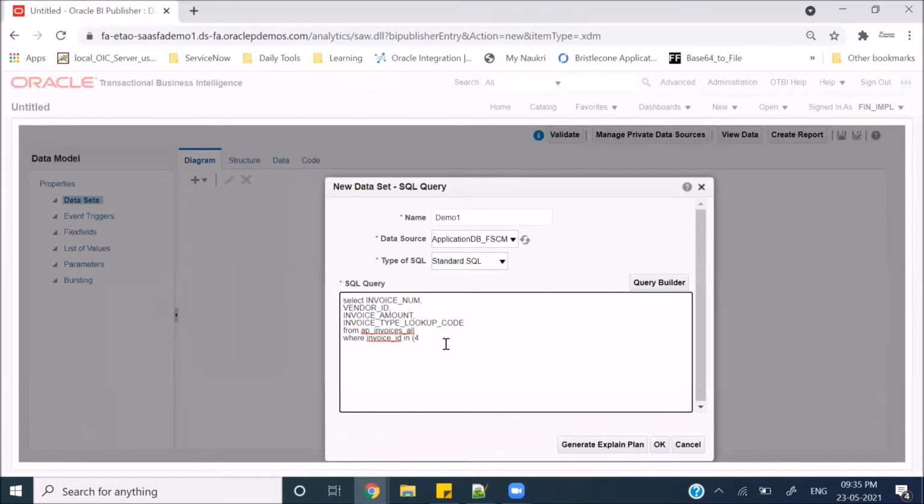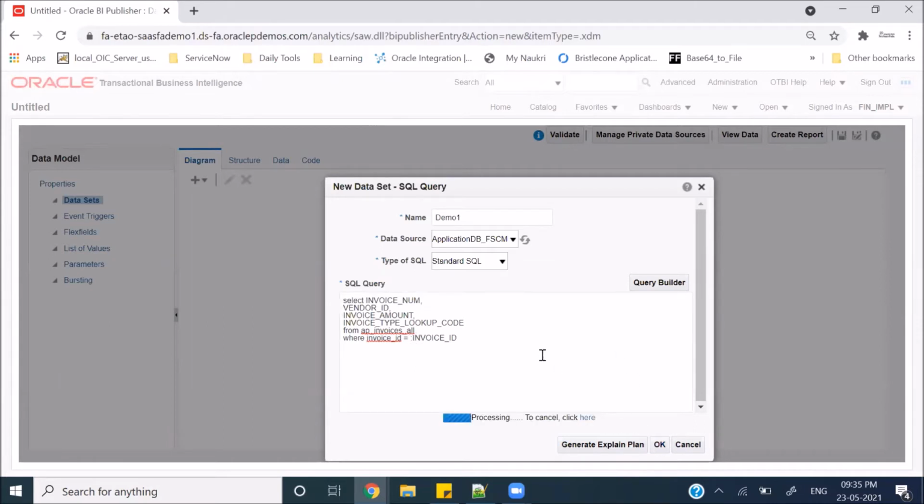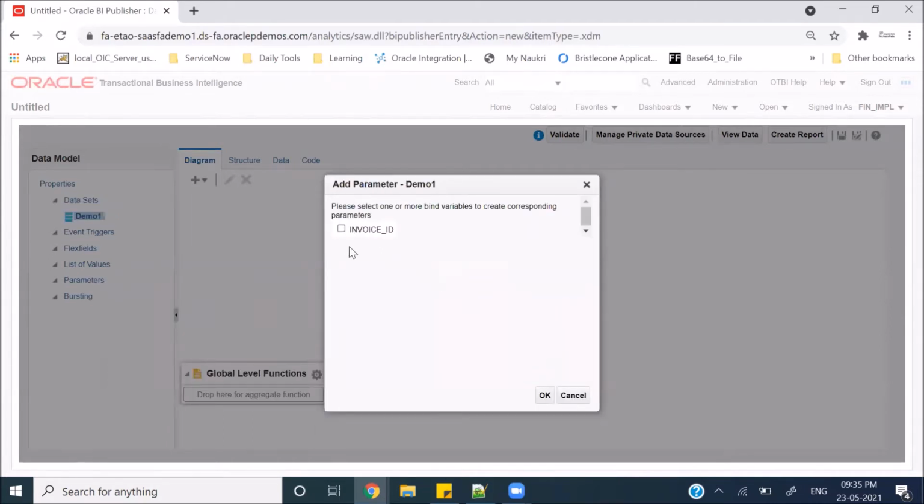So how you can create a parameterized report is very simple. In the same query, you have to use invoice ID equals to, with a colon symbol, and then you just give the name of your parameter. For example, I want to give invoice ID only. With this symbol, if I click on OK, you can see it is treating this variable as a parameter.